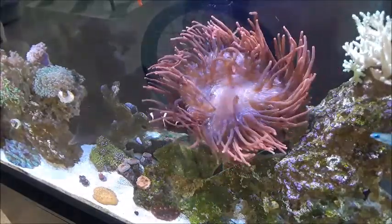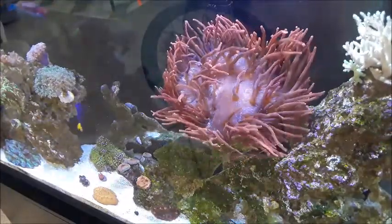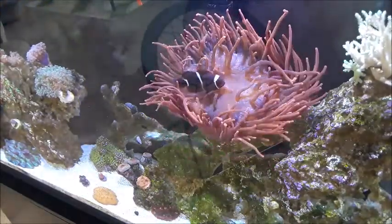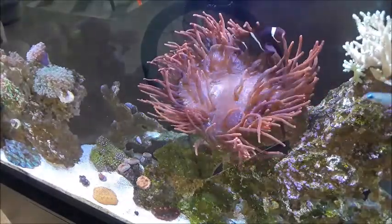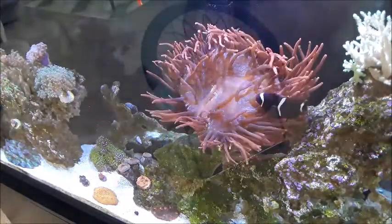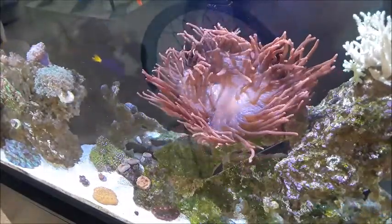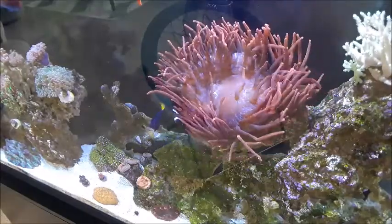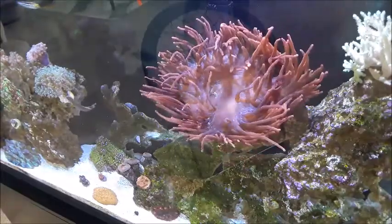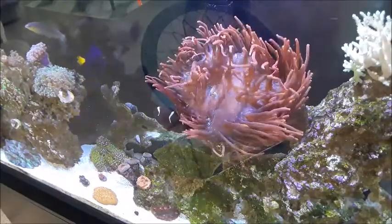Now the temperament of these anemones: they are aggressive towards other anemones and corals. They will sting other anemones and corals. I've experienced that. Every now and then my anemone will go down to the lower ledge underneath the rock he usually sits on, and sting my rock flower anemone down there sometimes. It's not usually enough to kill him. It just makes him mad, and he shrivels up and doesn't open for a couple hours after the anemone goes away. So they will sting anything in their path,